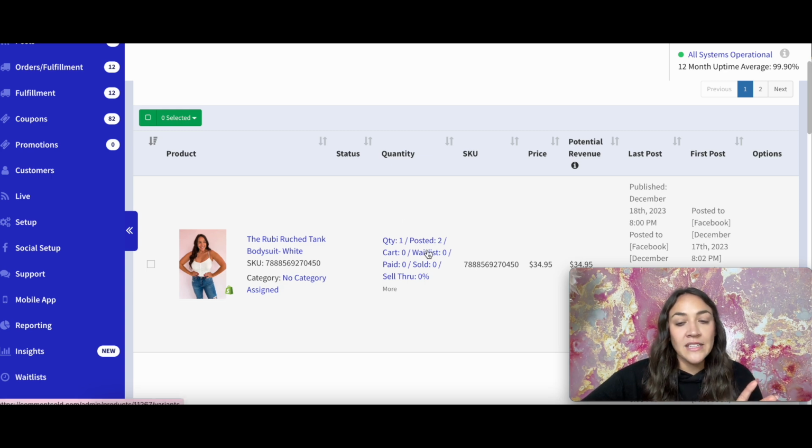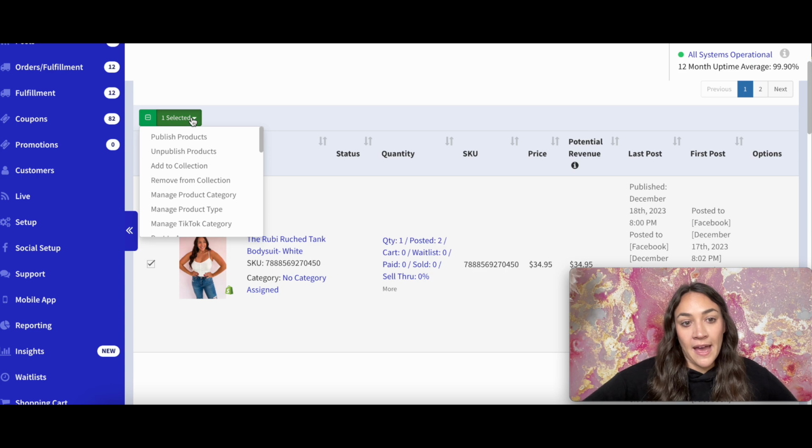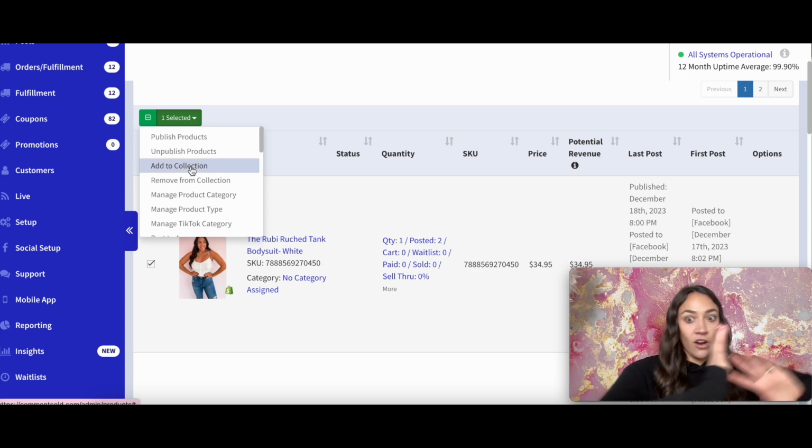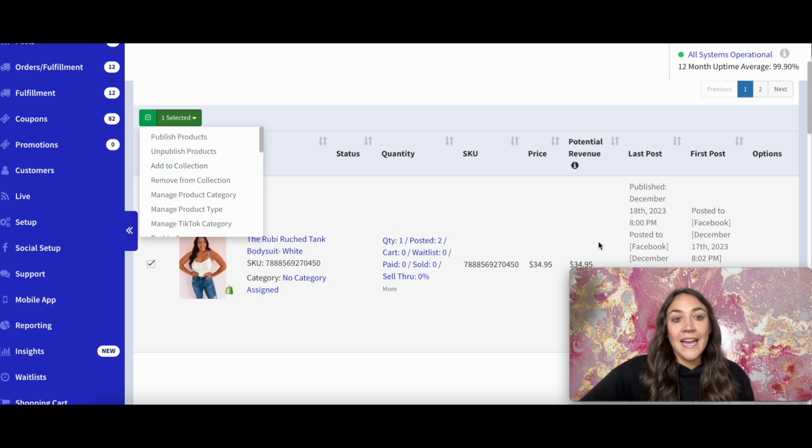So that's one thing. Another thing is the categories on the app. So on the app, you have your different collections, basically. So tops, bottoms, whatever. And I do all of that on the back end of Shopify. When I add a product, I put it in as a category of a top. And then I have it set up so that if I do that on my product on Shopify, then on the website, it shows up under the tops tab. However, when I go on Commentsold now, this product is not going to show up on my app unless I go on here. So it's already all launched on Shopify, but now I have to go to Commentsold